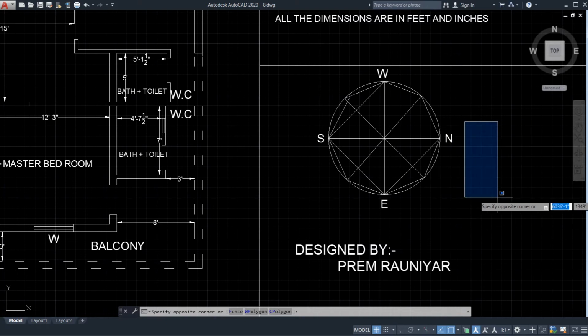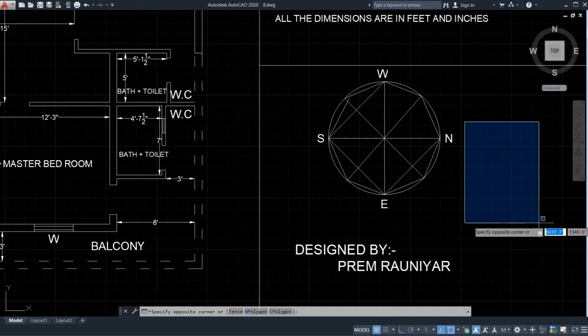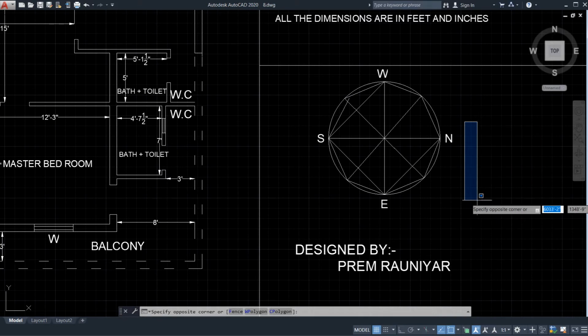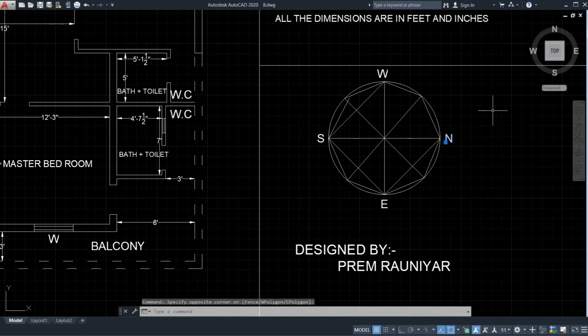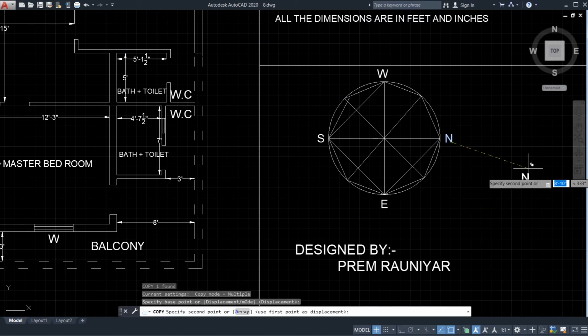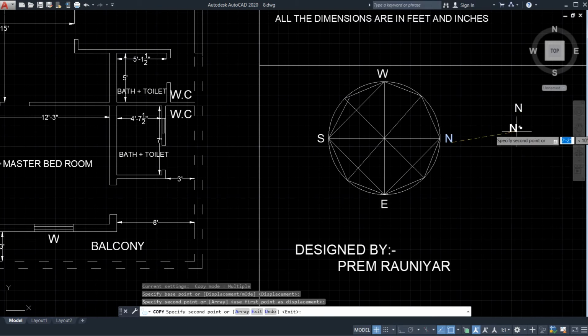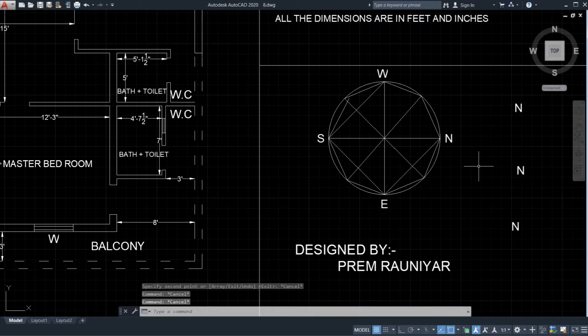the entire object. But if you select with the blue line, it will select the inside material of the object. Now I need only N, so I want to select like this. If you move the mouse and it comes in the middle, it covers the region. Now left click once from your mouse. See, that object only is selected. If you want to move or copy it, I'm going to copy it, CO, enter. See, it has been copied from here to here. So this is the way to select.